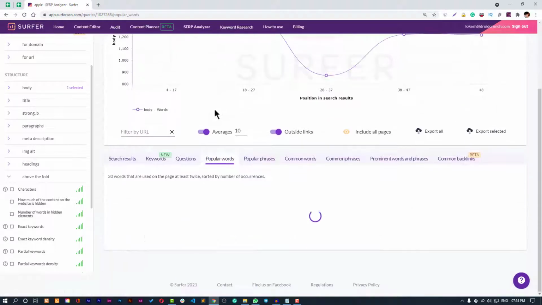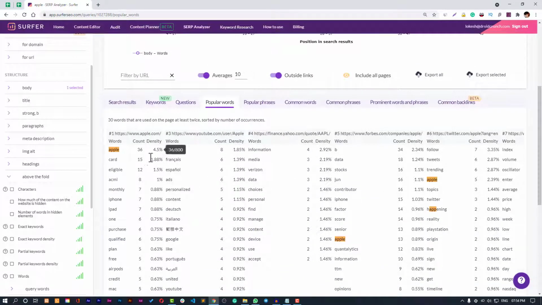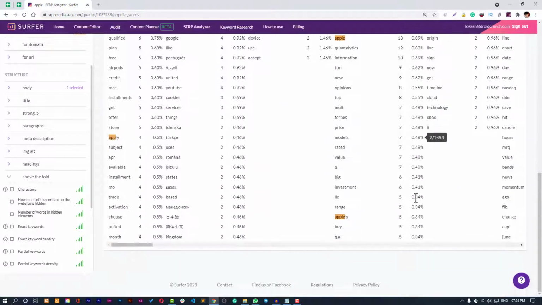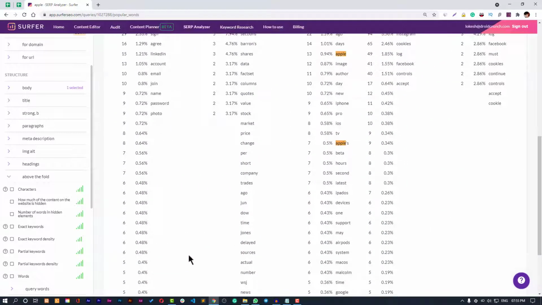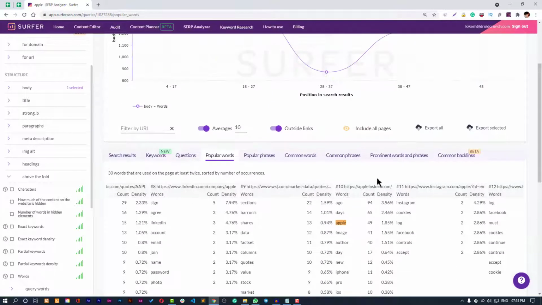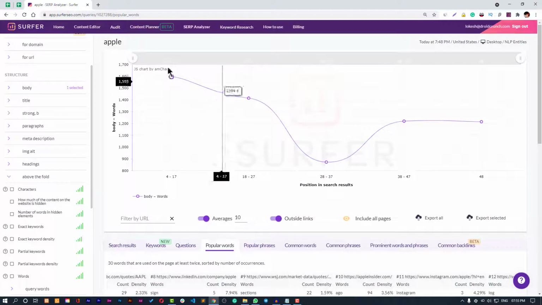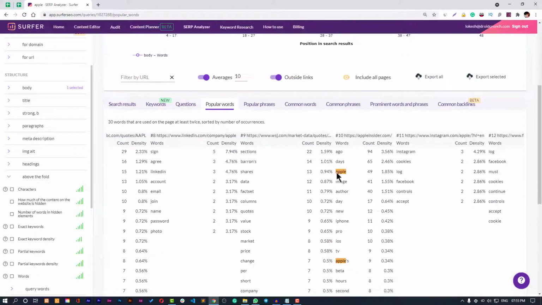And here are the popular words that we can use, with density in percentage count and everything. It's horizontally scrollable, and the highlighted ones are those which have our input keyword, so you can make use of them very easily.